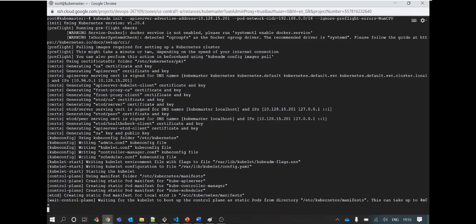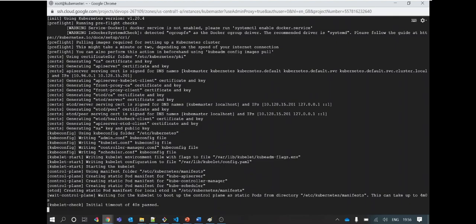Then for the etcd server, the serving cert is signed for DNS, Kubernetes, kube master, localhost, and the IPs are this. You can see the same IP has been registered for kube DNS functionality. Then the kubeconfig section is run, where kube configurations are created inside /etc/kubernetes, where admin.conf is created for admin related configurations.